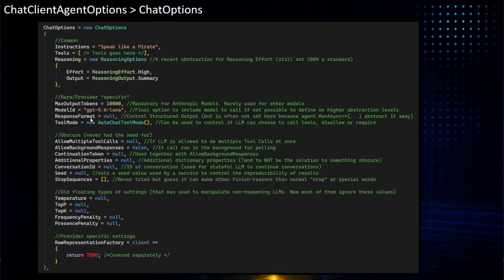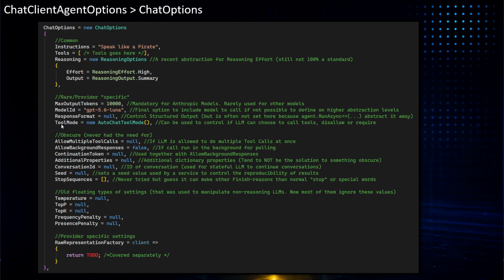We don't really need to do that in Agent Framework because we have the run async generic version, which on the fly builds this response format up for us. But if you needed for some reason to build some very, very advanced response, and you can't for some reason use run async, it is possible to use the response format here.